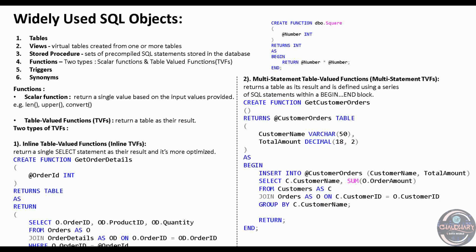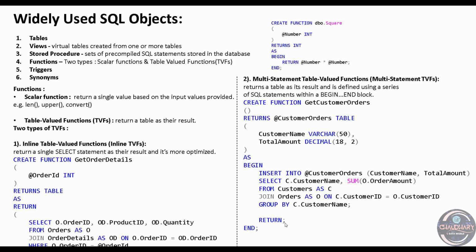But for the multi-statement table valued function, we have multiple statements. That means you can perform multiple tasks, or multiple SQL operations, inside that whole function. Here you can see that an insert is going on and a select is going on. So you can do a lot of things, and then you can return whatever you want to return